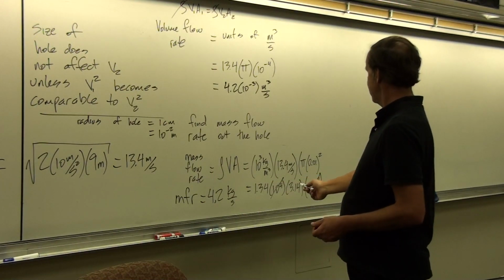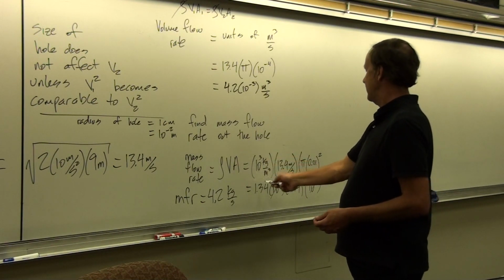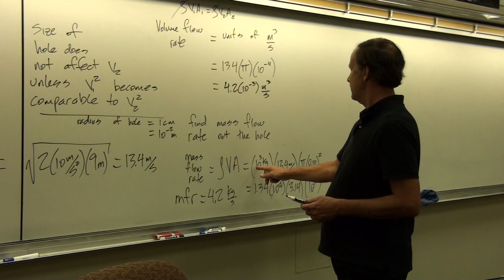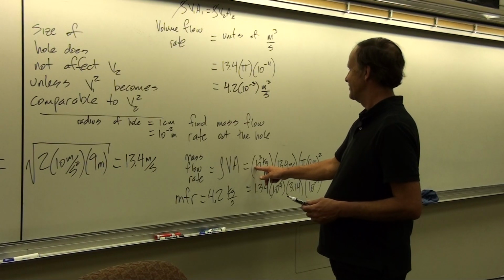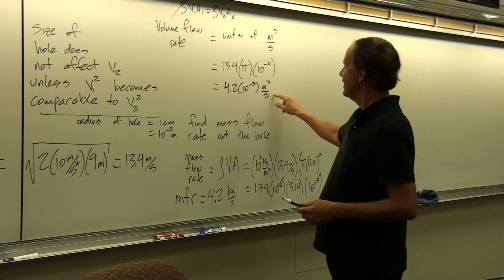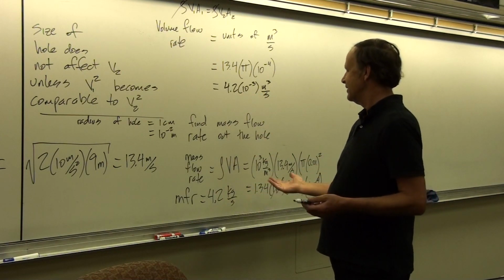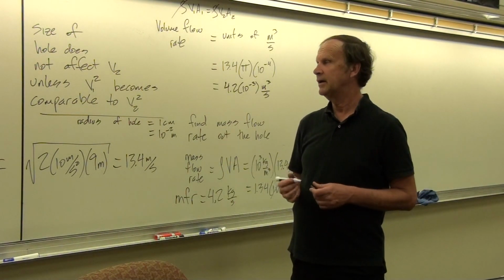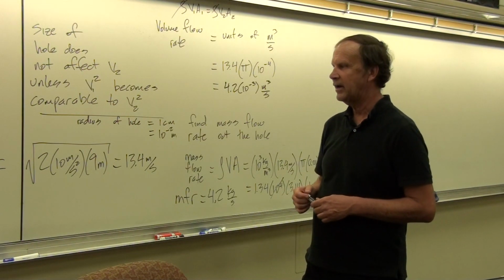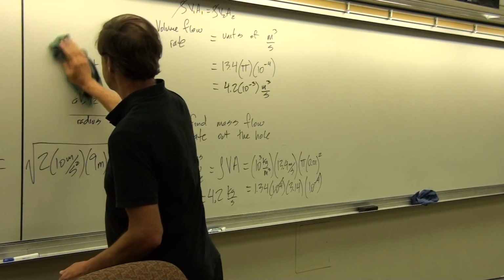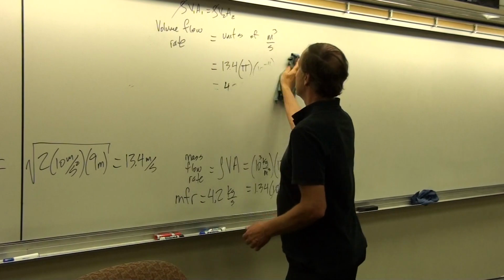When you talk about mass flow rate, basically you have to include the fact that the density term is an extra factor of 10 to the 3. Okay, and so by not including that density factor of 10 to the 3, you get it in cubic meters per second, whereas here you get something that seems a little more substantial in kilograms per second. And so that's how we could calculate the rate at which water is flowing out that hole. And so that is, of course, something that is interesting. Now, what if we had a siphon?